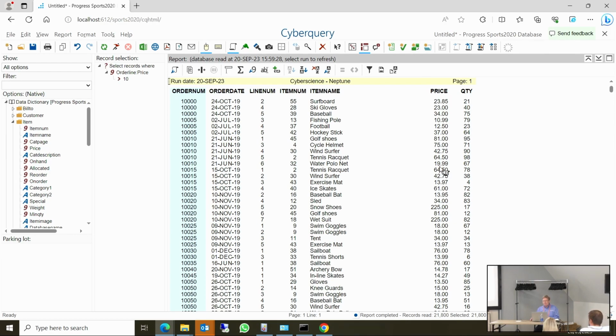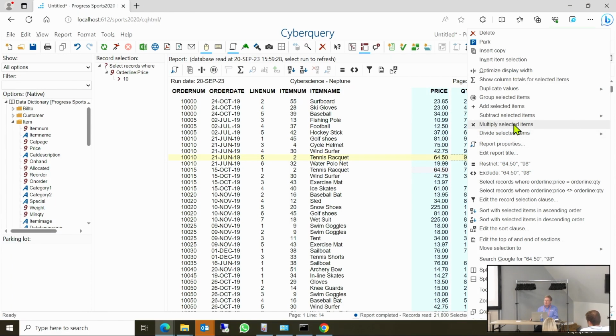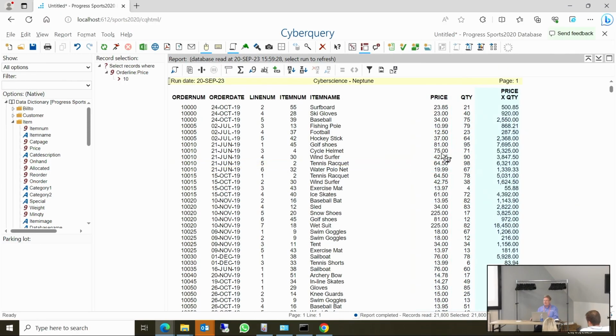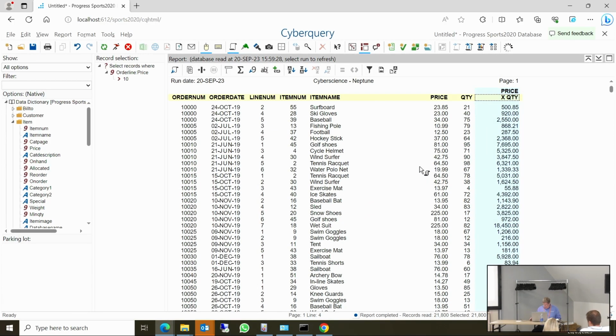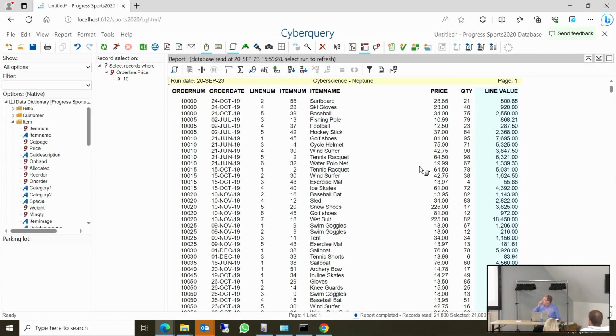Now, I can do some fairly clever stuff on here. I can multiply items. If I highlight two of those, I can double click and change the heading to line value. Yeah. Okay. So I've very quickly got, you know,